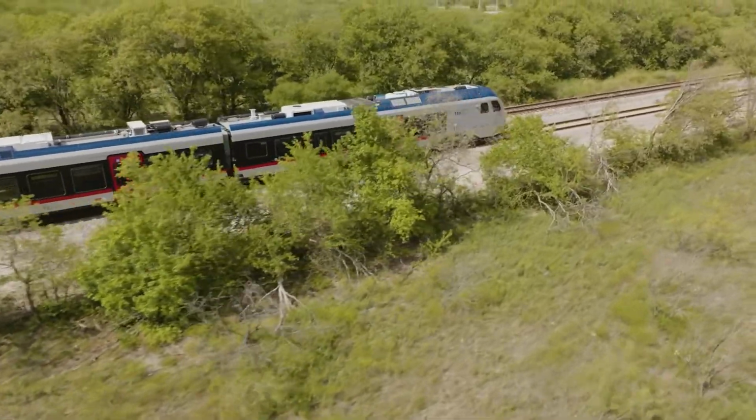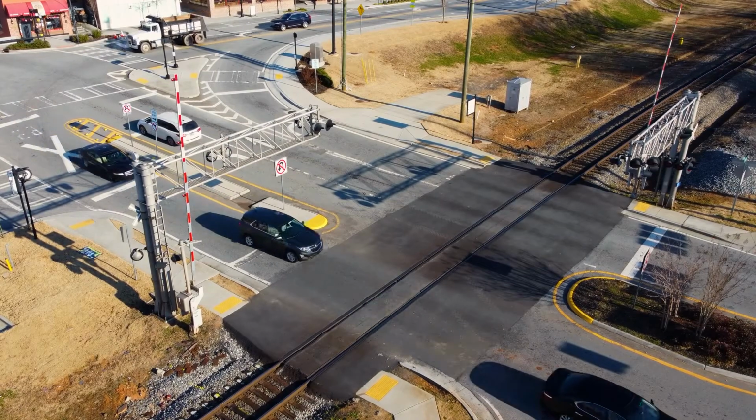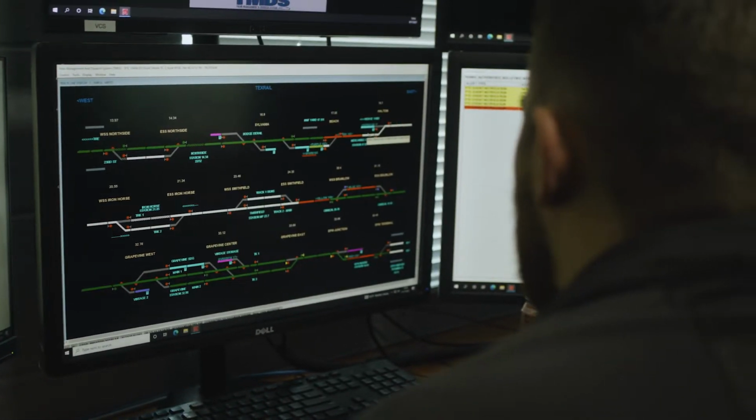RailSentry is an advanced, integrated solution purposefully designed to mitigate collisions between a train and vehicles, people, or other objects that pose a potential hazard on the railroad right-of-way. RailSentry provides instant alerts to the right people at the right time, enabling swift action to prevent accidents and improve